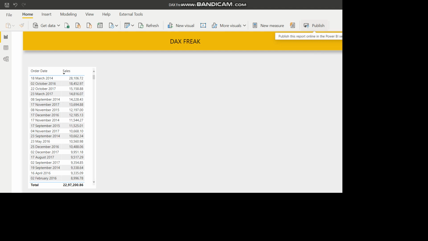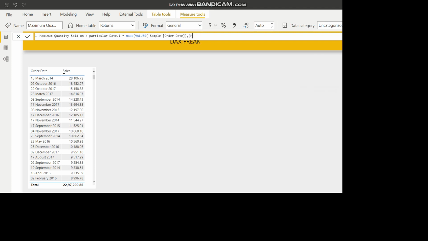The first function I'm going to discuss today with you is the max with an extra x function, which is known as the MAXX function. Well, we are already aware of the basic max function, but this is quite different from that. So let's head over to this data set. I've already created the measure, so I'll just show you that.